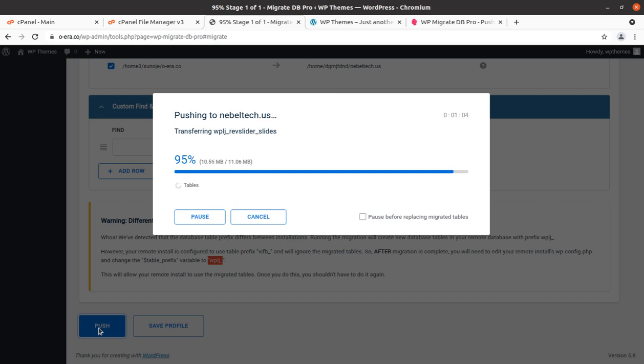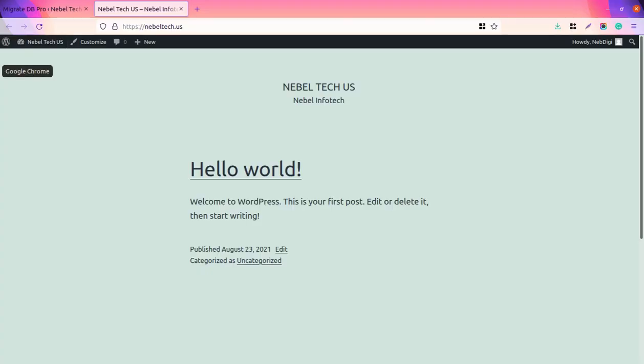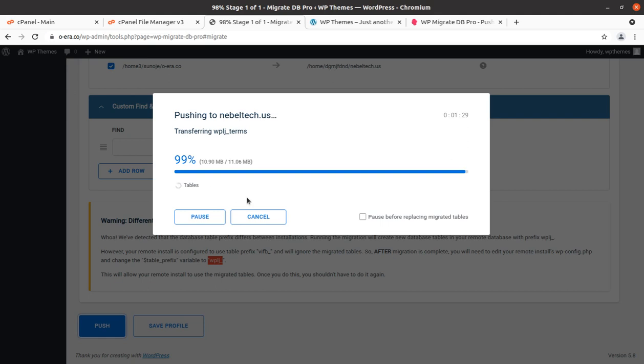Around 2 minutes are expected. So I can see it's only the database that is being pushed to the new site. So remember that we have nothing here, and we are simply pushing the data from here to the remote website. It is very important that we are not importing there.